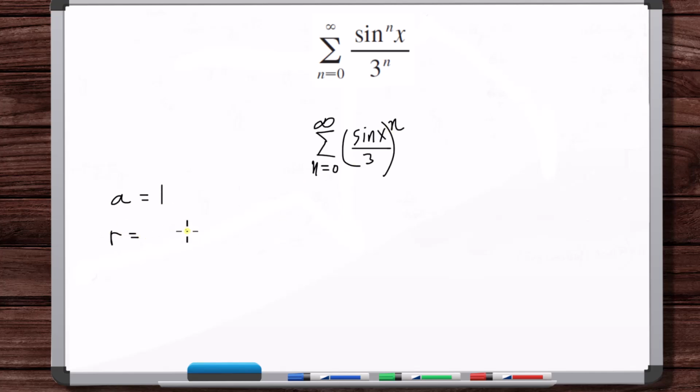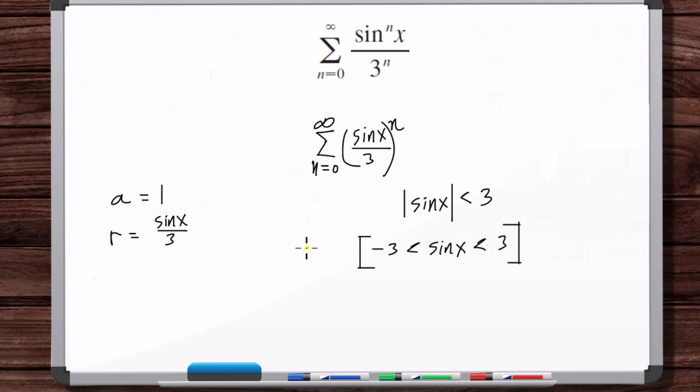The common ratio is, okay, now we need the absolute value of sine of x to be less than 3. So this means that sine of x, okay, so take the inverse sine of this entire inequality, and we've got